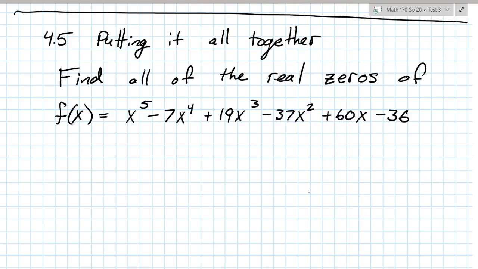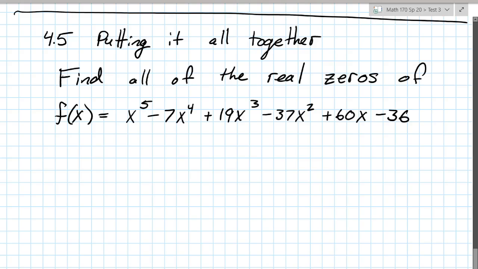In this next example, we're going to try to put all of the things together from section 4.5. Our goal is to find all the real zeros of the polynomial. Another problem that would do this would be to factor the polynomial completely. So let's start by pointing out that we could have up to 5 real zeros, since this is a fifth